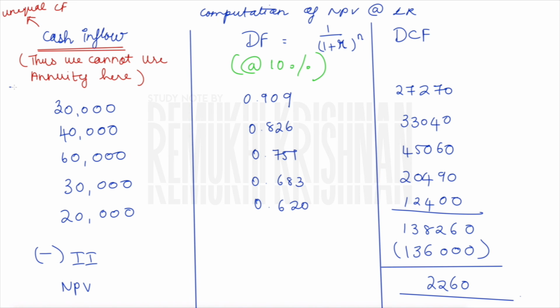Okay, let us move to the next thing, which is net present value at 11 percentage, that is higher rate. I haven't worked it out here because you're going to follow the same steps: the cash inflow, then the discounting factor at 11 percentage, and then you will arrive at your discounted cash flow. After solving, you will arrive at your net present value, as done in the previous slide, that is net present value at 10 percentage. Here also I'm doing the same steps, the only difference being that instead of using 10 percentage, I will be using 11 percentage to find my discounting factors.